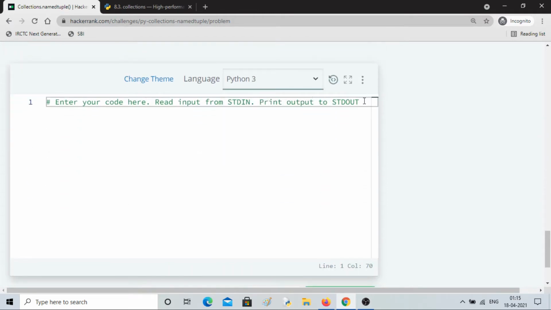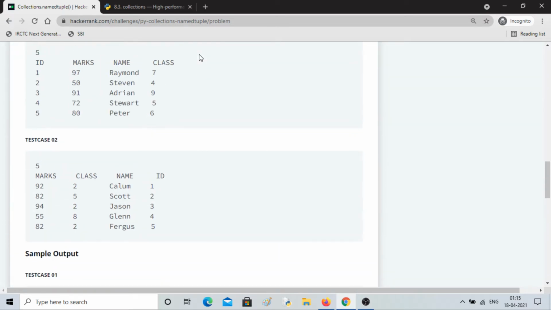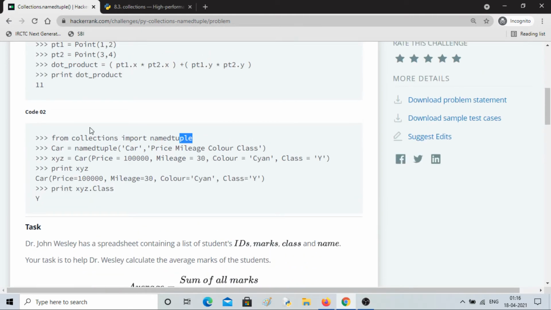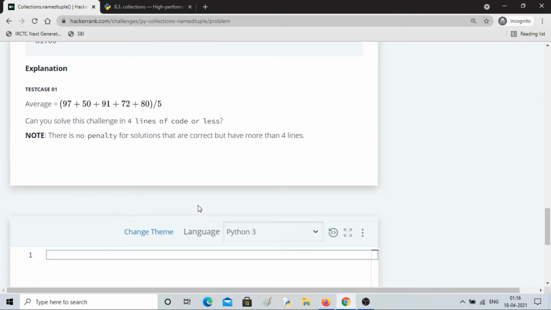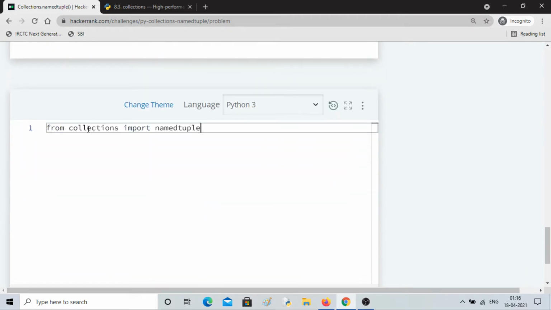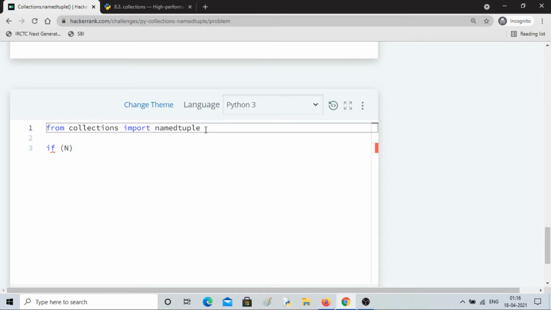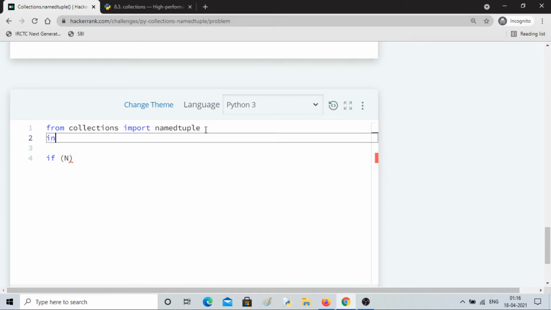I'll remove Python 3. The first thing I'll do is import the library, obviously. The library is this one: from collections import namedtuple. And then I'll write the constraint. First of all I'll define capital N. So N is the input we have to take, right?